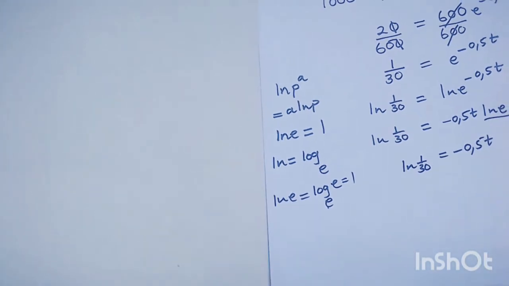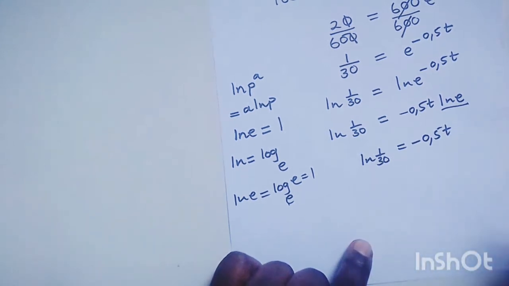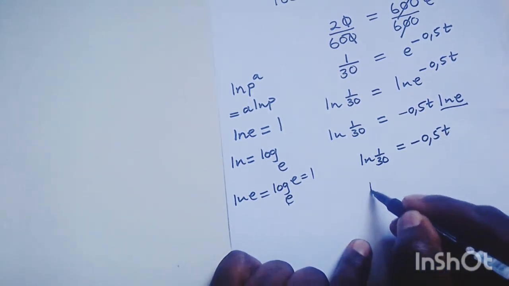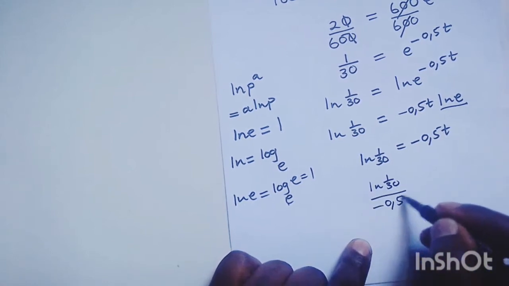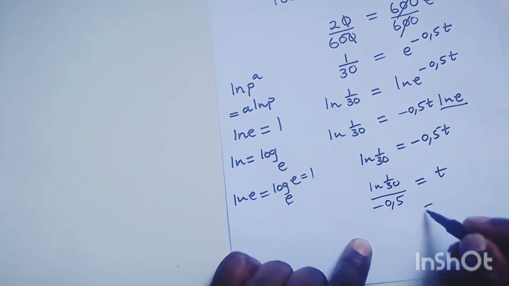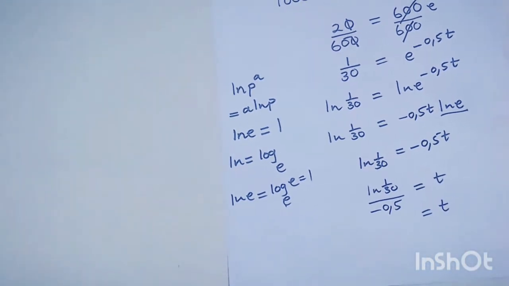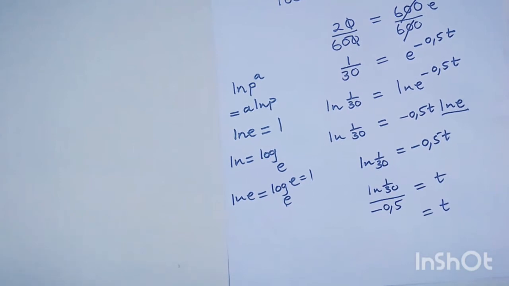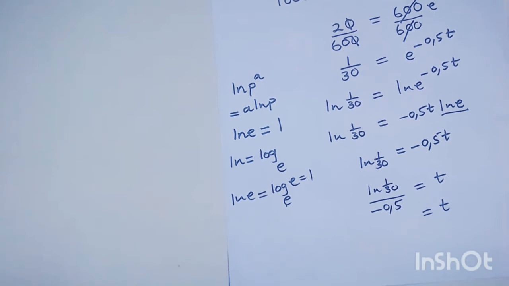I hope you are listening, class. So to find t, I then need to divide both sides by negative 0.5. So ln 1 over 30 divided by negative 0.5 is equal to t. I'm going to punch this in my calculator: ln 1 divided by 30, divided by negative 0.5. You get 6.80,